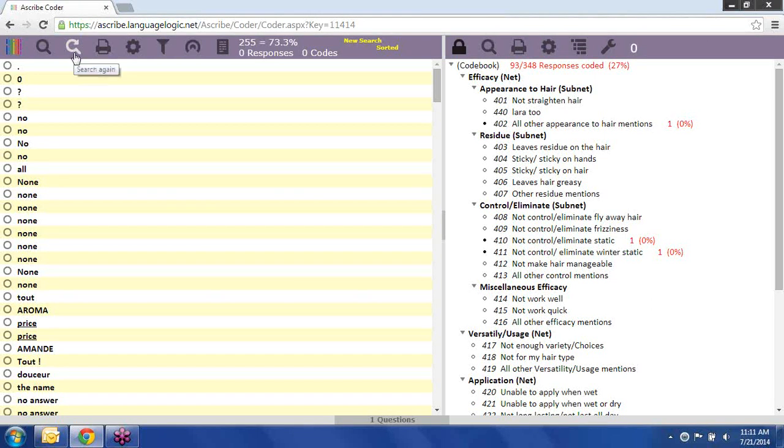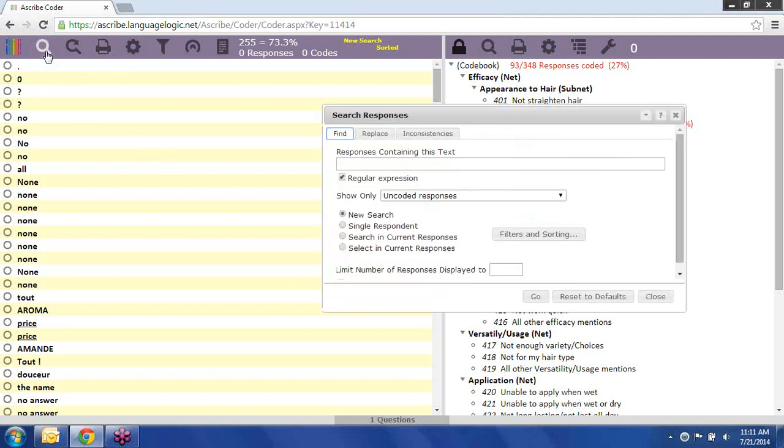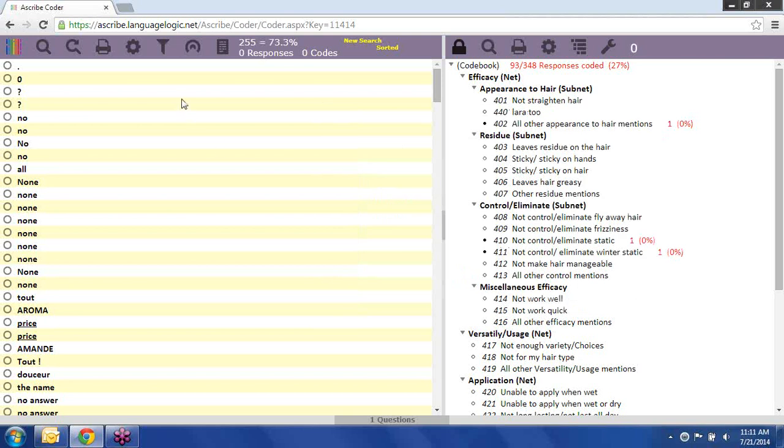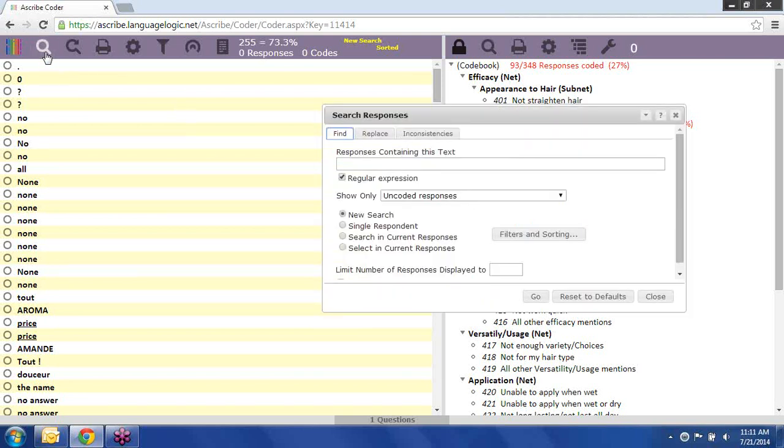We can guarantee that whenever we navigate into a question and hit this search again button, the search options that will be used are nothing in the text field, uncoded responses, and a new search. Okay? All right. So now, while we're talking about the search,